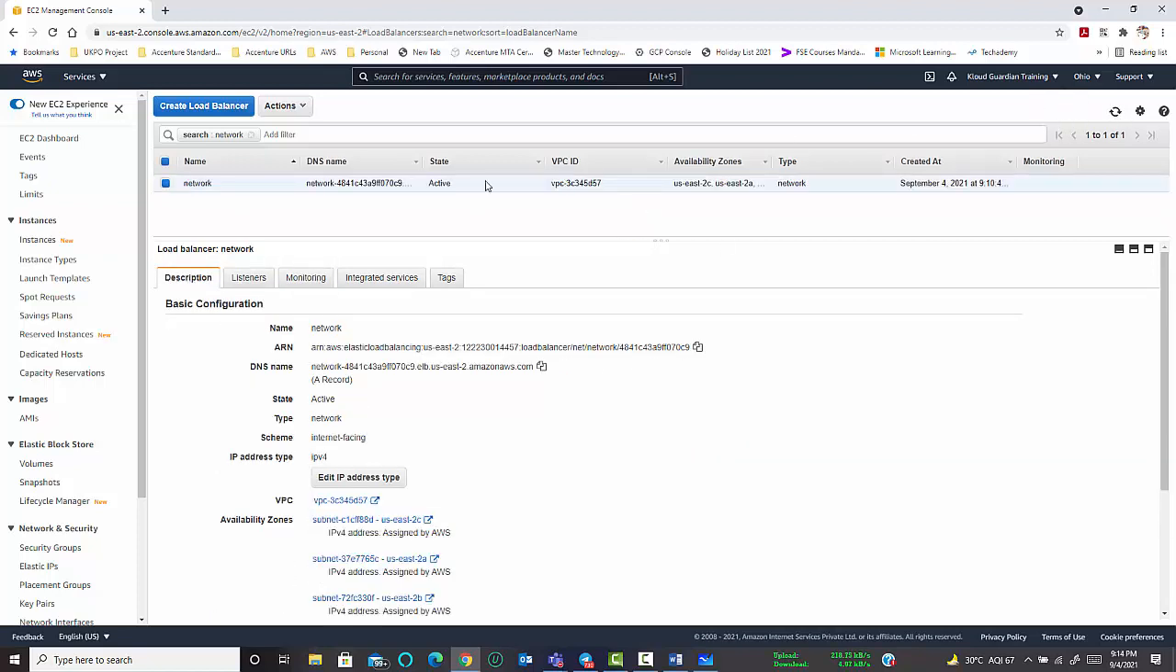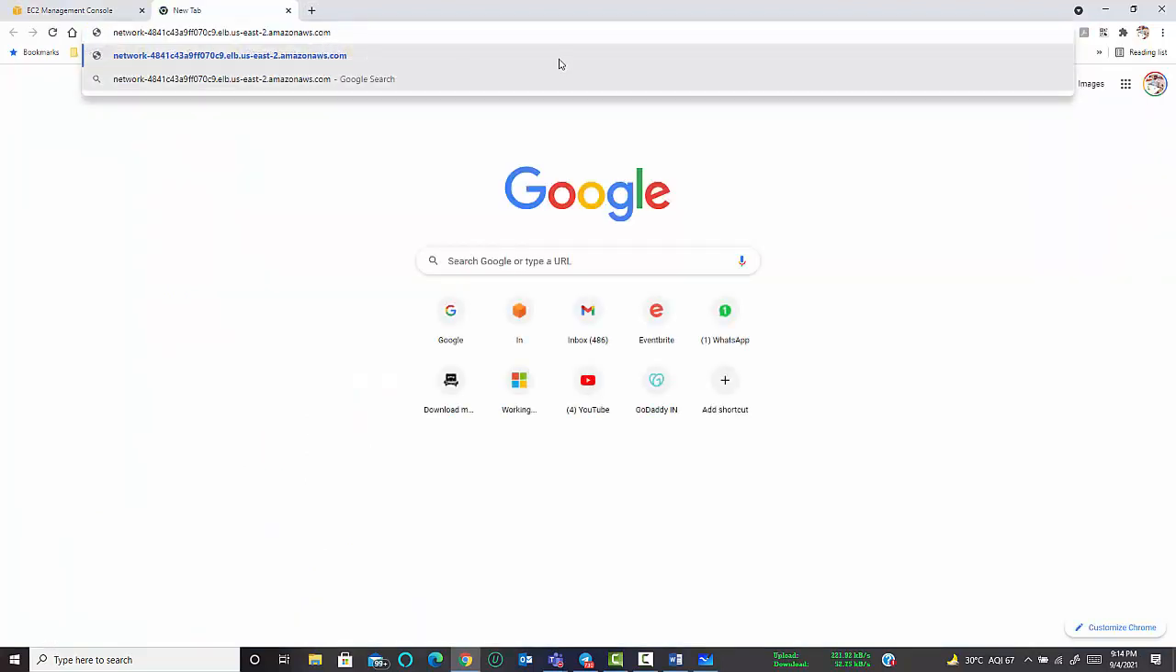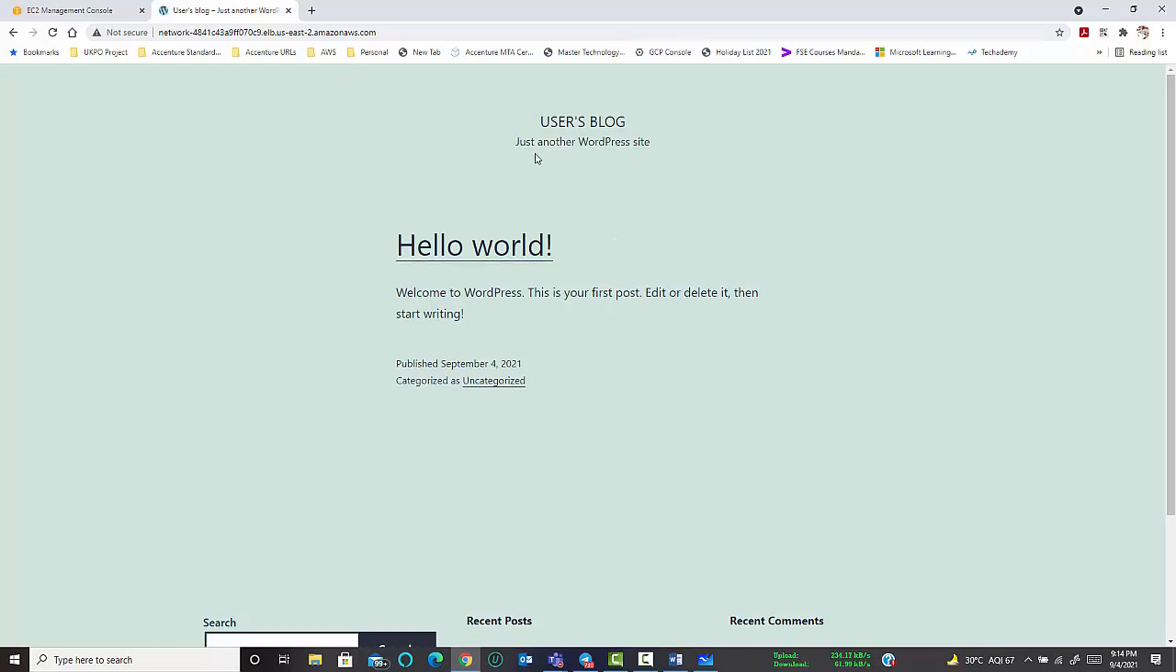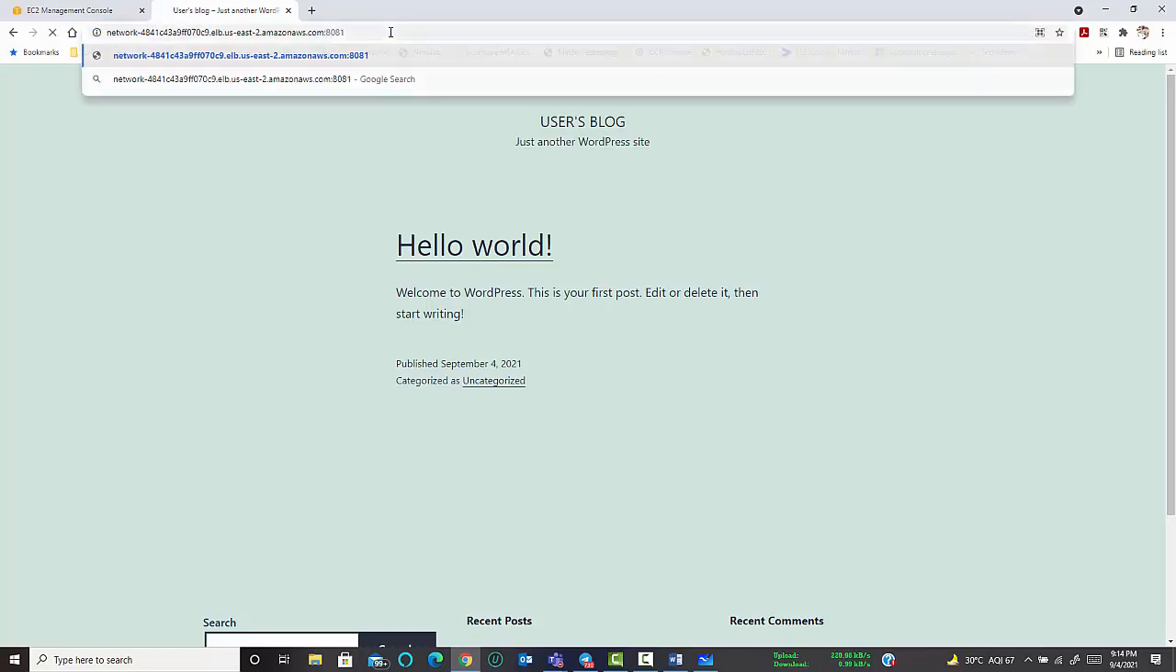Okay, now it is active. Let's copy this DNS name. Let's hit it over port 80, let's just ping it. You are getting the WordPress. Okay, if you are doing it with 8081,